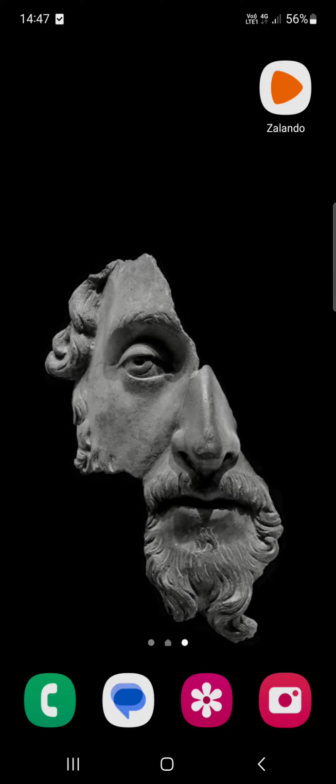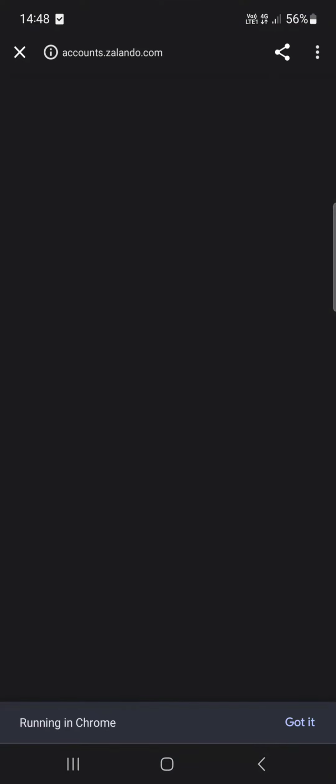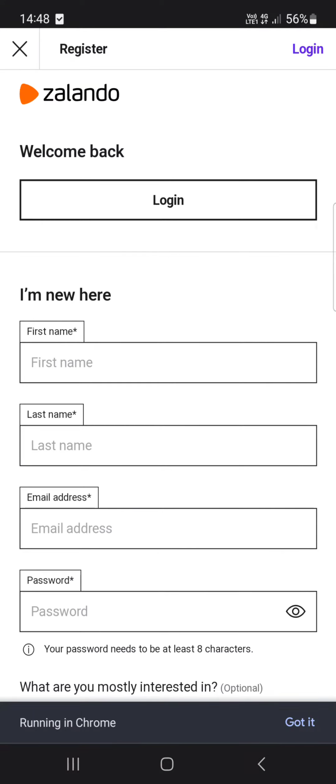First we have to open up the Zalando app. And here, after it loads, as it opens up, in the bottom you find the register now button. If you tap on this, then it's going to open up a page in Chrome where you can